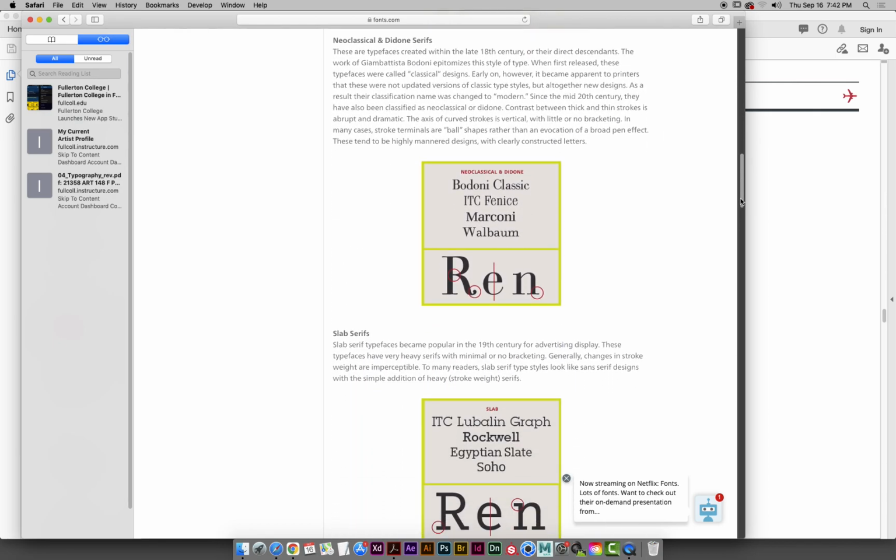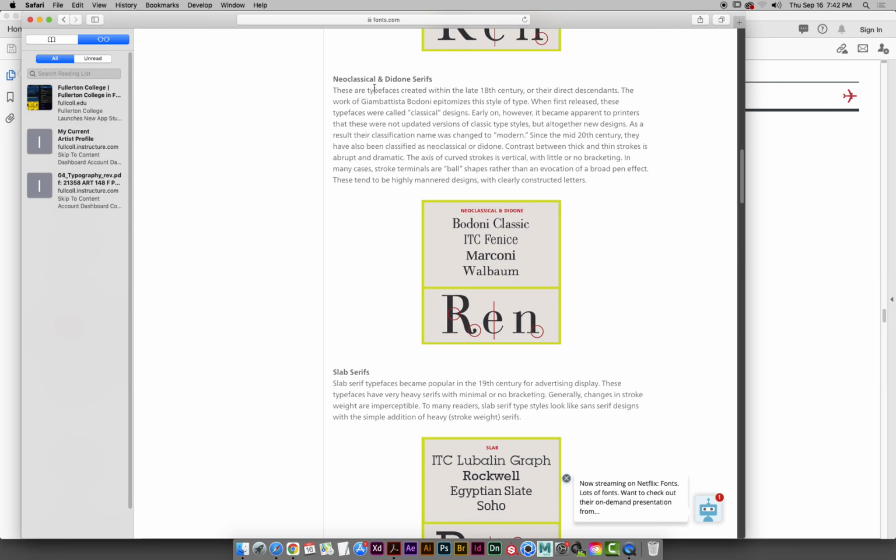And then when you get down to these next ones, here it refers to them as neoclassical or Didone serifs. They are sometimes also referred to as modern typefaces. So I think in here it actually discusses the fact that they're also sometimes referred to as modern typefaces. These are late 18th century, so it's sort of the height of the Industrial Revolution, and the revolution was really getting going. And again, the big difference here is there's a greater